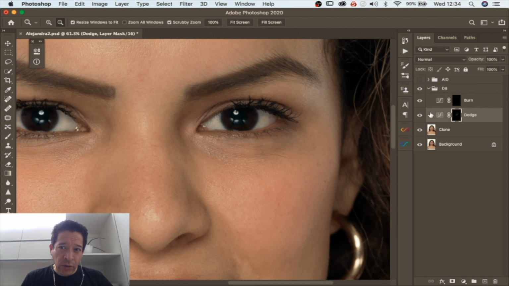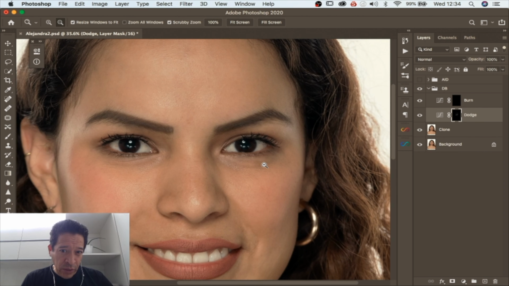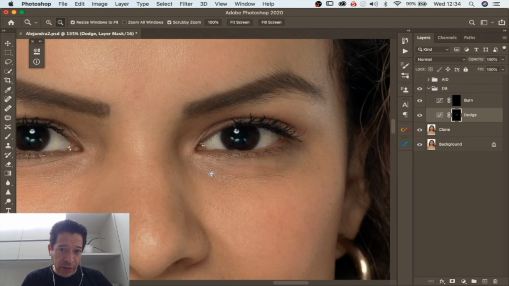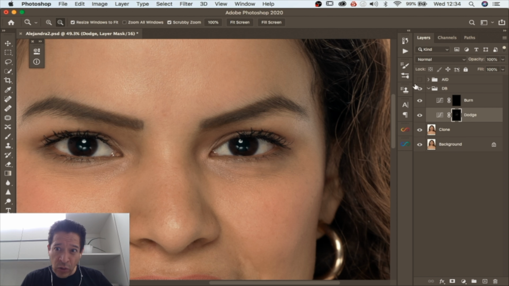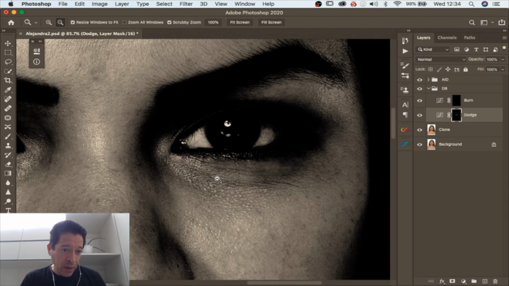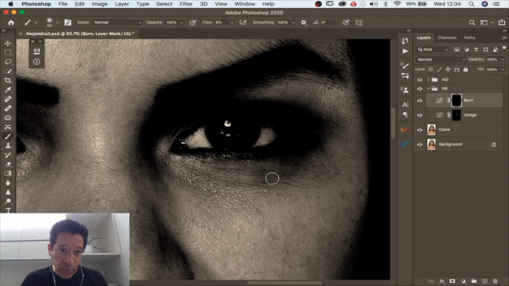So in this case, let's try not to get too carried away. You see the before and after. Well, it's kind of working, but you have to be careful, just not to make it look too unrealistic. Okay, so if you do make a mistake like that, just go back to the area and repaint it with black. Make sure you're not going over too abruptly, or you can do the burn and make sure you are using a low flow. Normally I would suggest to use 2% or maximum 3%, just to make sure that you don't overdo it and